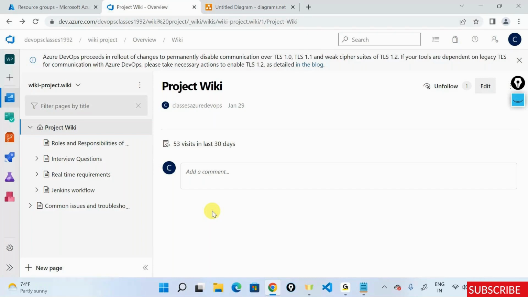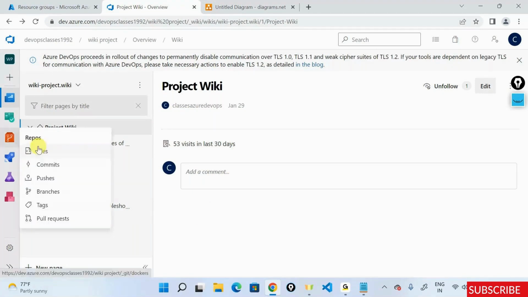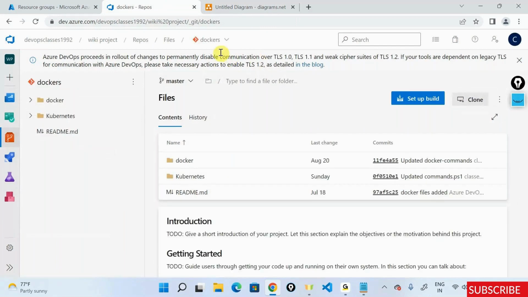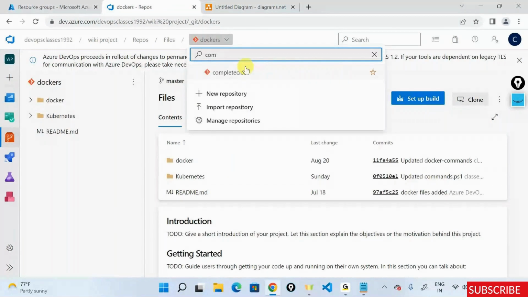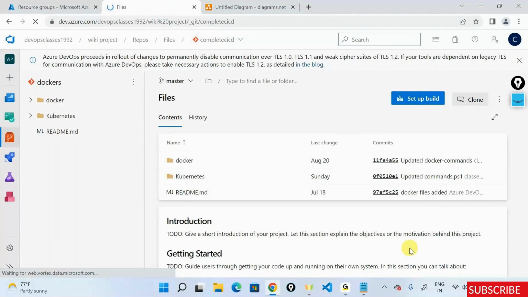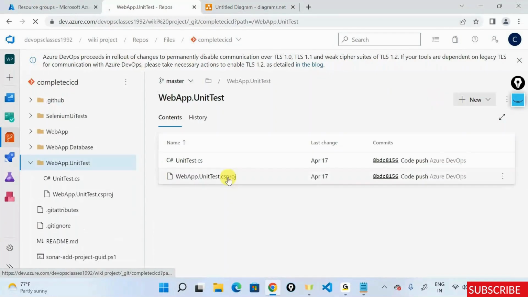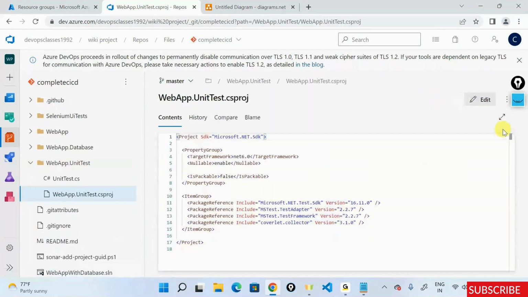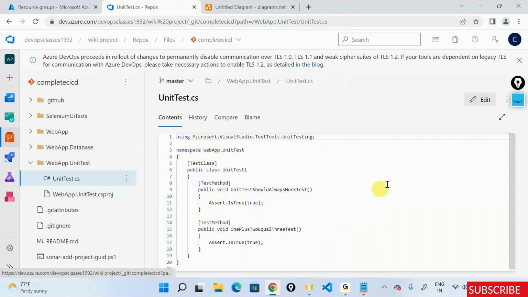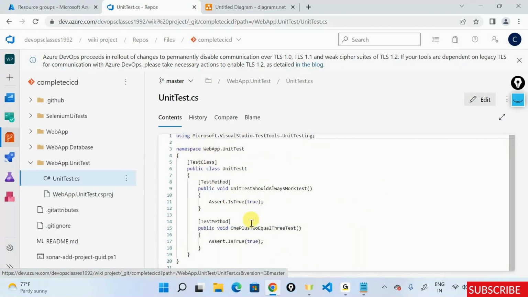That's exactly what I'm telling you. Testing in the build pipeline is to make sure that it is testing a scenario out here. Test cases look something like this. Let's go there also. They look something like this. It's called a unit test.cs project file, and it's just trying to see, for example, do you see this?